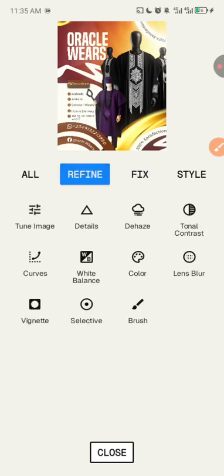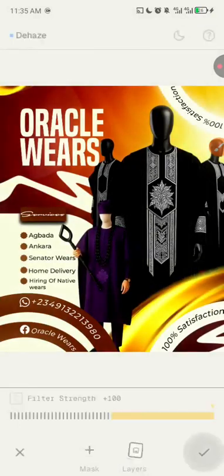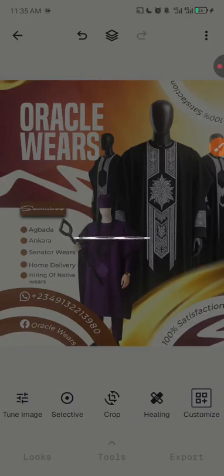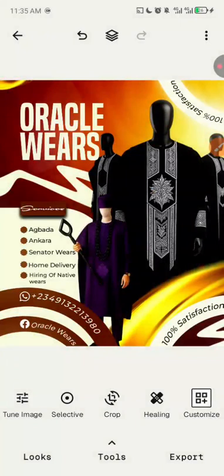So I'll go over to refine, then I'll click on the dehaze. I think I'll increase it to 100. As you can see, this is the filter strength. So I'll click on good. No, I think I have to reduce that dehaze. I think I have to reduce it. As you can see, I have to reduce it. So I'll click on this place